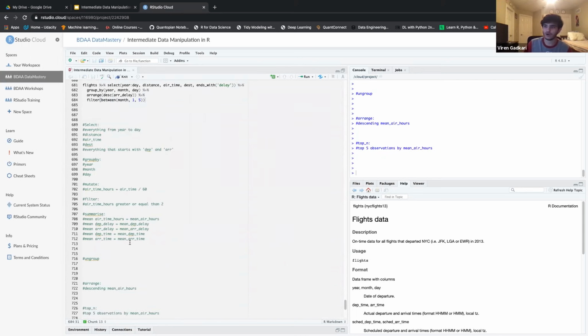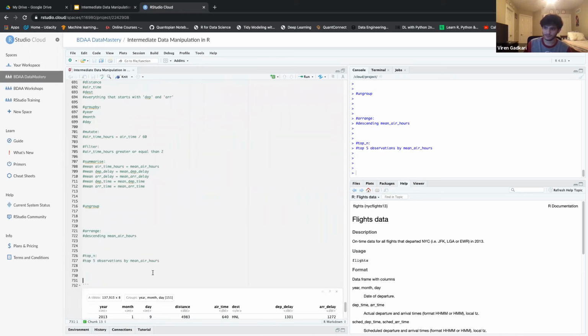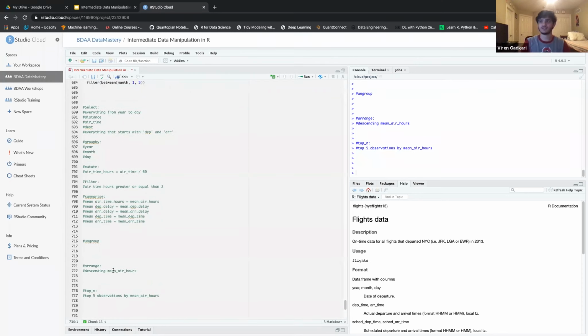Now let's do one last one here. And this is going to be really long, so it's going to be multiple lines here. Let's first start slow. Let's do flights, and let's select the various columns we want. Let's select everything from year to day. So it's going to be quite similar here, year to day. Let's get the distance. Let's get the airtime. Let's get the destination and everything that starts with